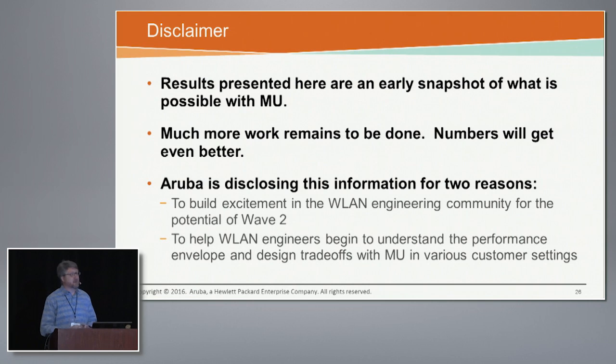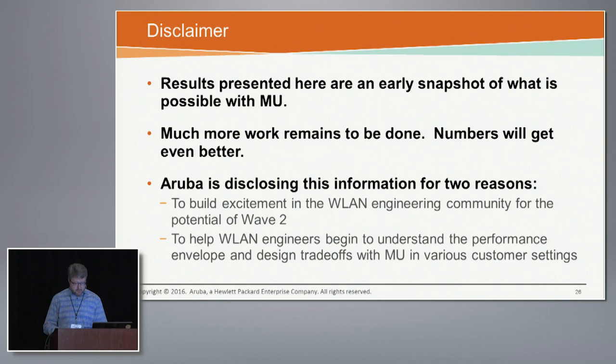So cut us some slack as we go forward. You should expect to see vendors probably trickle out lower numbers of stations earlier, and then we'll scale up to larger and larger stations as this gets done. But this is true of every Wi-Fi generation, right? Every wave, N was like this, AC wave 1 was like this, and so on. We really want to build excitement, and then obviously one point of the conversation is to help everybody understand the